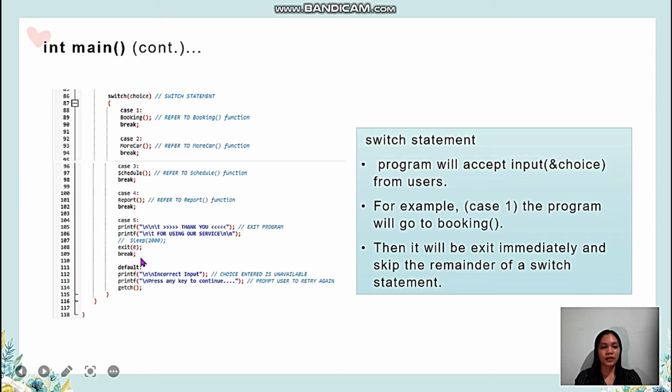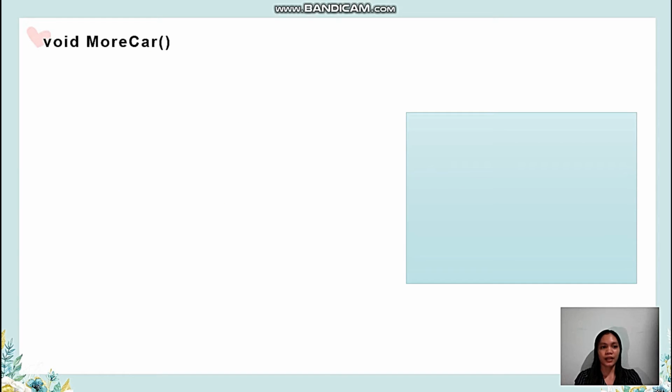If the user enters the wrong number, it displays that the input was incorrect and asks the user to press any key to continue. Then break means that it will exit immediately and skip the remainder of the switch statement. Next, for void more car function, this is when the user enters number 2 in the main